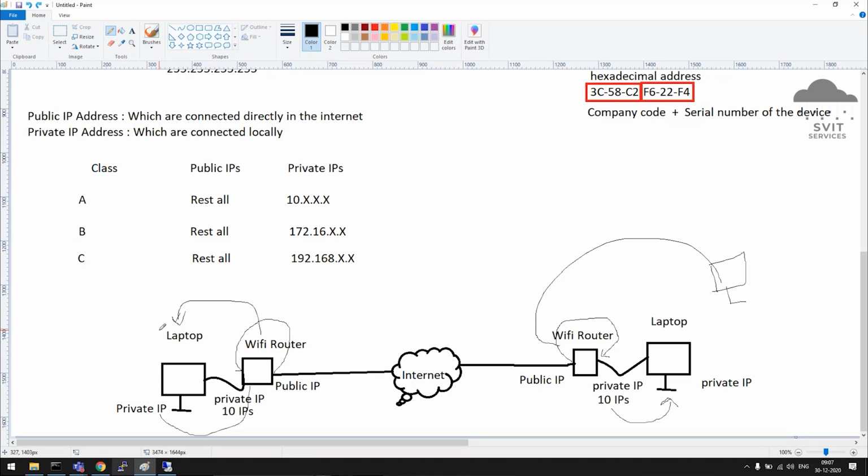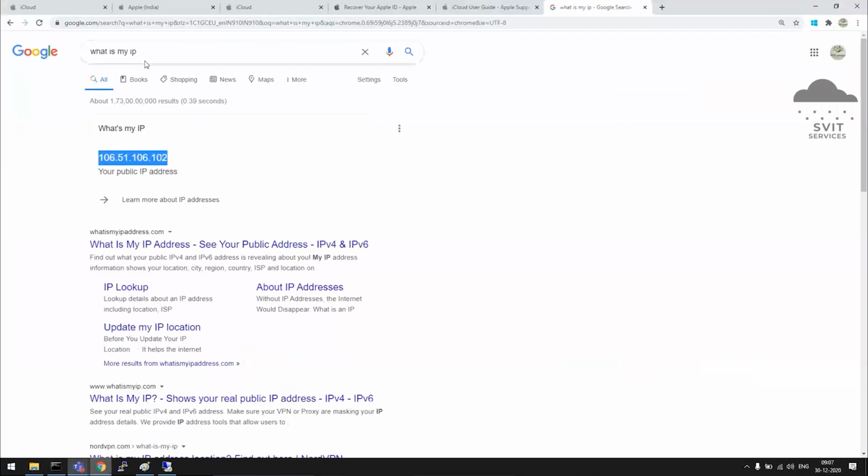Coming to that point, anyway, we will assign IP addresses and we'll see that as well. Fine. So if you want to check the public IP of your computer, in the browser you just type what is my IP. Here itself you will get your public IP address. Fine. This is the IPv4 address.